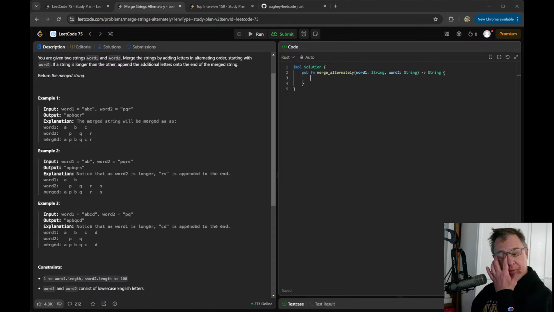I don't know that we can. Type of string cannot be. This is where I really appreciate Copilot, because using Copilot is going to be able to tell me what it is that I do to convert iterators into strings.